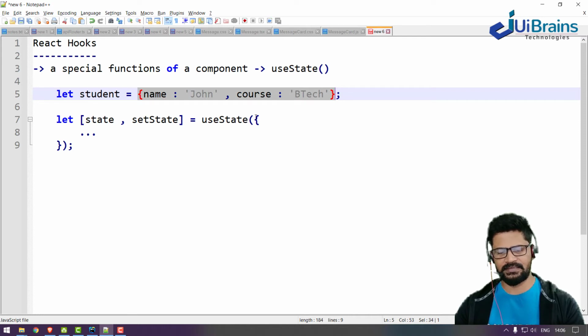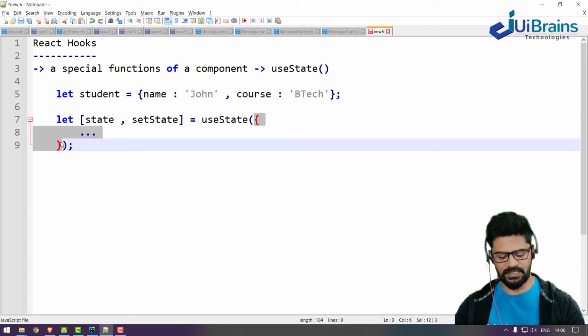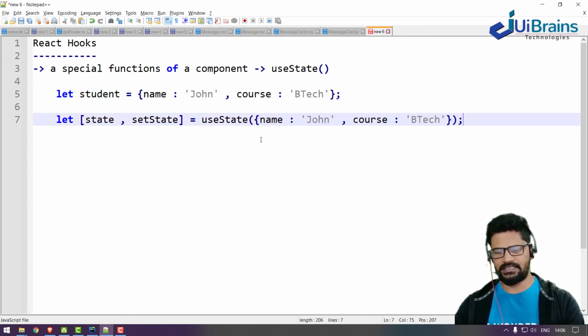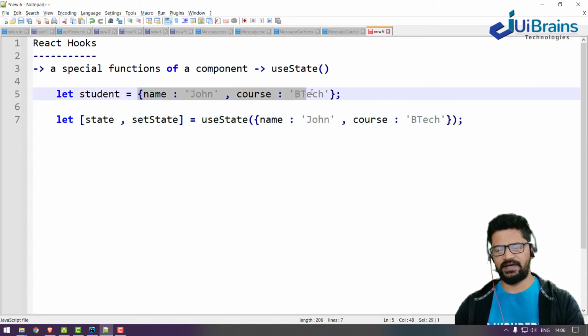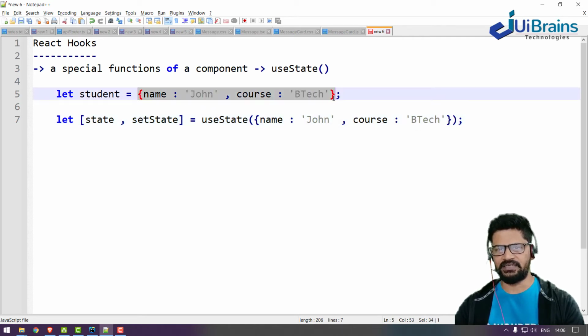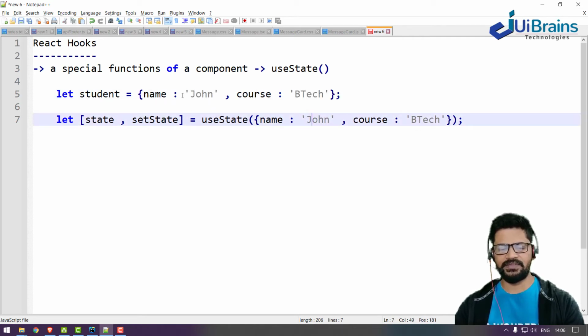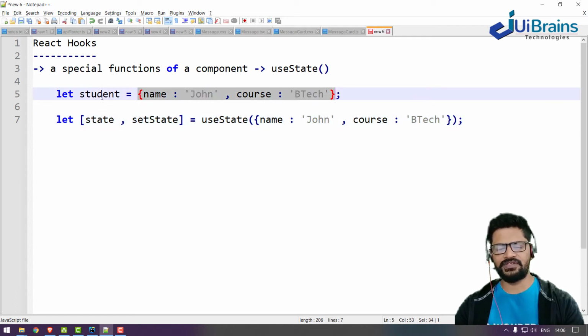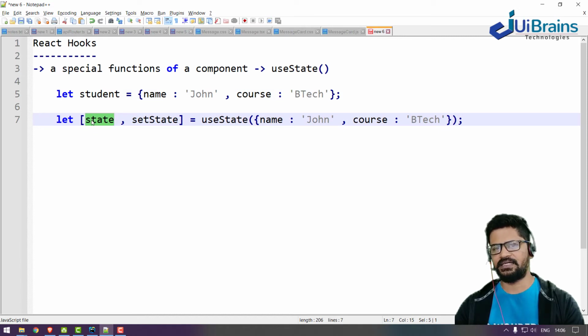Assume my state is the student object, so I write useState and substitute the value as it is here. What is inside useState itself is your state. The left side should contain a variable, and that variable is state. What is special is, if you want to update this particular data, this is required, and this is not a variable, it is a function.